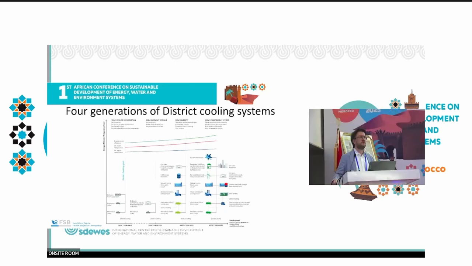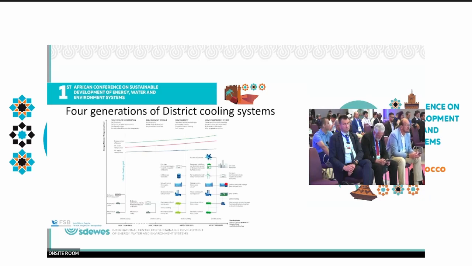So the first generation district cooling systems, believe it or not, started at the end of the 19th century in the US. And the system was very simple. The distribution fluid was actually the refrigerant, and you had different kinds of evaporators that were distributed around the city. And you usually had centralized condensers. The main purpose of this type of system was food network supply, so different kinds of warehouses that need